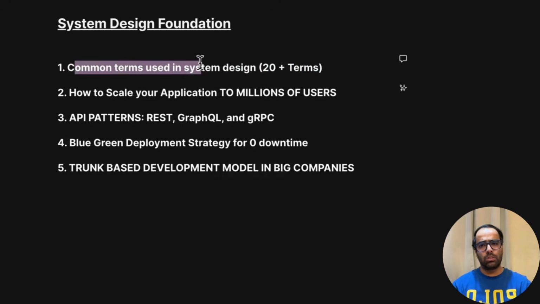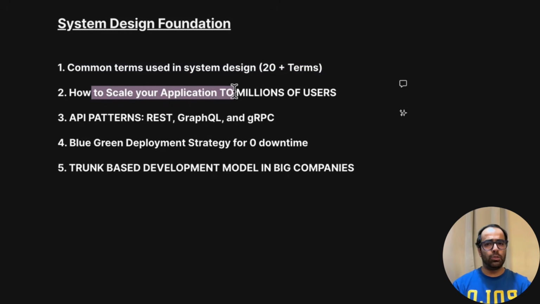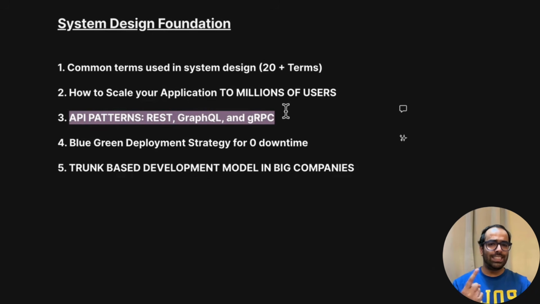Once you know these common terms or concepts, the next section of this video will tell you how to use those concepts to do the scaling. Here we will discuss vertical scaling, horizontal scaling, right? Whatever big enterprise applications use to scale their application, we will try to understand that from a very high level perspective. After that we will discuss quickly API patterns, like REST, GraphQL, and RPC. We will discuss those high level concepts of API patterns, and then we will discuss